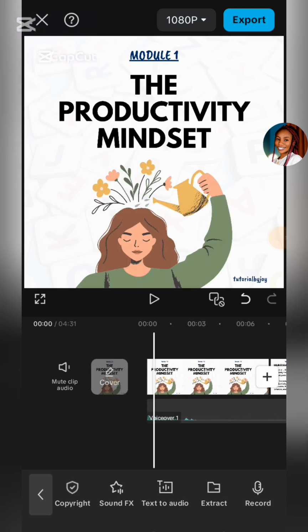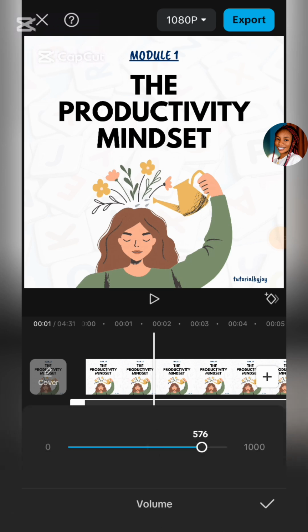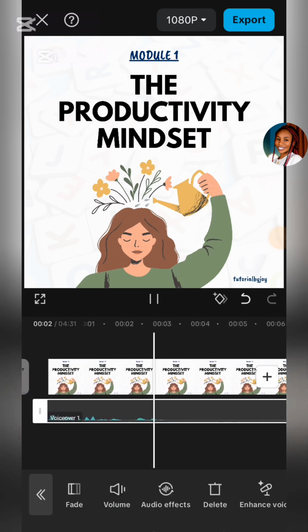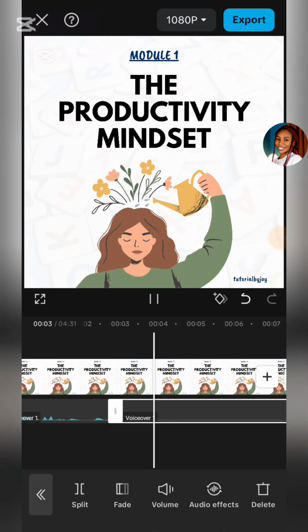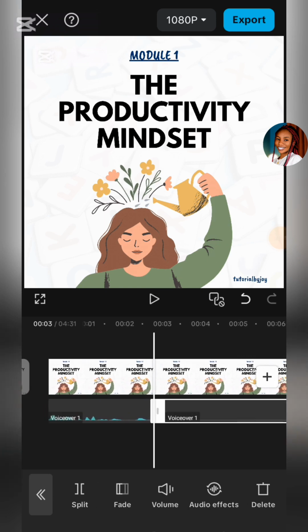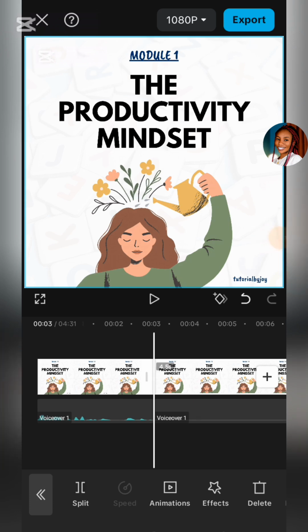So I'm going to use my 2 fingers to zoom this because there's a place we need to make corrections. Volume first. Come over to volume, increase it. Module 1, the productivity mindset. So where we have the productivity mindset, I'll click on it, split, then listen. See where I have a beginning. So if you notice, I'm going to also click on the main slide, split the main slide and delete it,